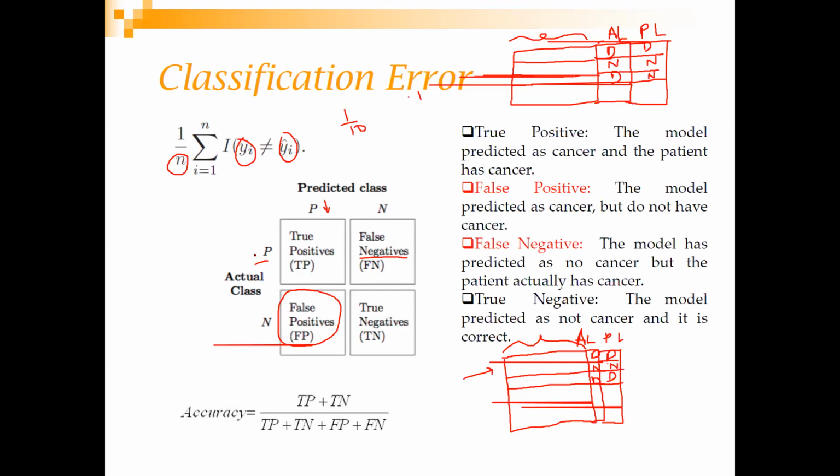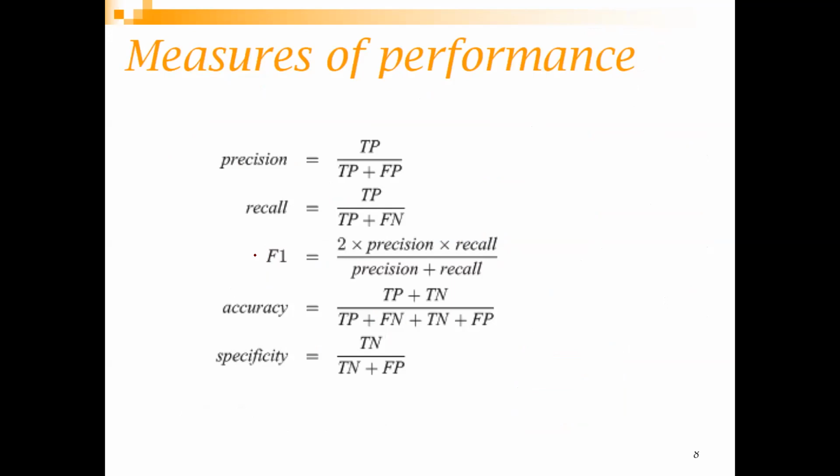So there can be two things. One is you are very happy that your model has predicted 10 patients having COVID and all 10 have COVID. So you may be very happy and say, I have a precision of 100%. But actually in your population, you had 30 patients who had COVID, but you could not identify 20 of those patients, right? So that is taken care of in recall. So here you will have 10 by 30, or your recall will be 33%.